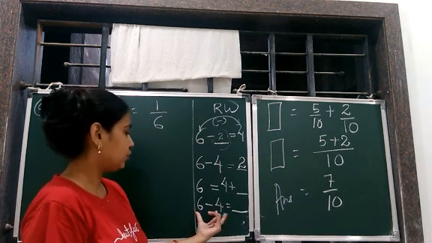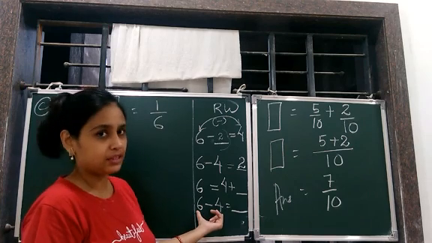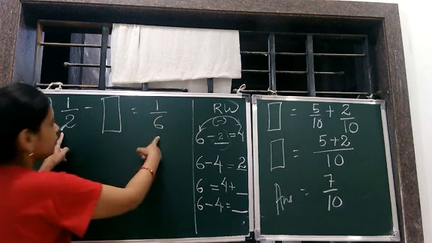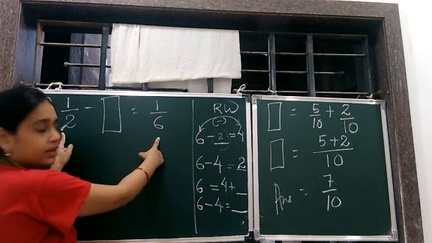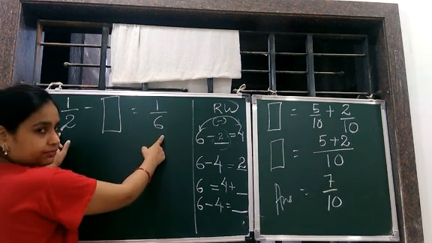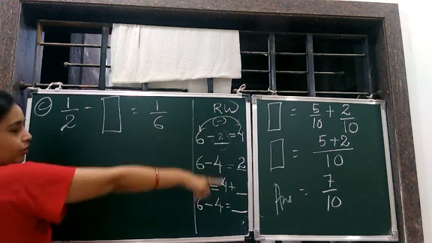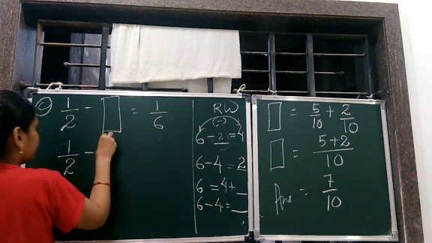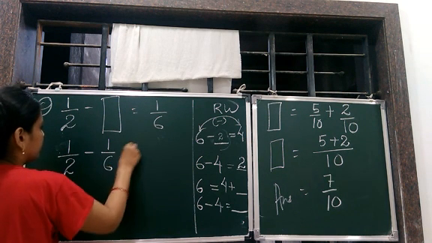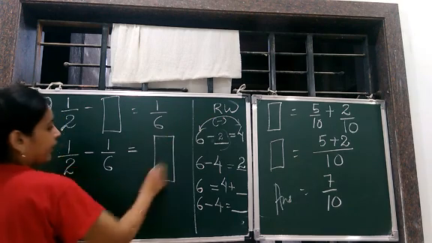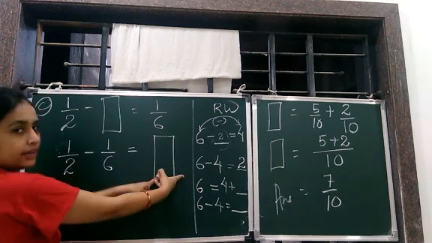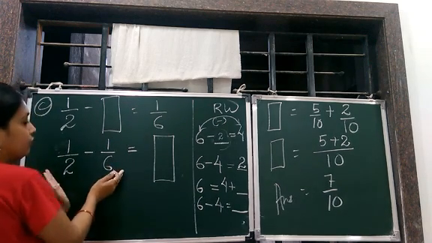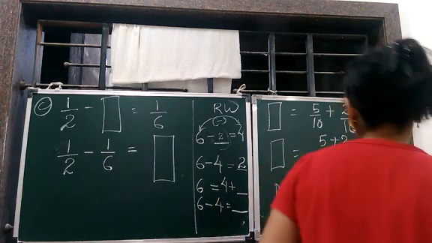Okay. Simple. So what we have to do? We have to do the subtraction between 6 and 4. 6 and 4 means the known fractions. What are the known fractions? These two are the known fractions, right? That means we have to do subtraction here. So let's start, according to the example. We did the same thing: we made the blank positive by bringing it here, and made this number negative by bringing it here. Correct. Now we have to subtract the two fractions.